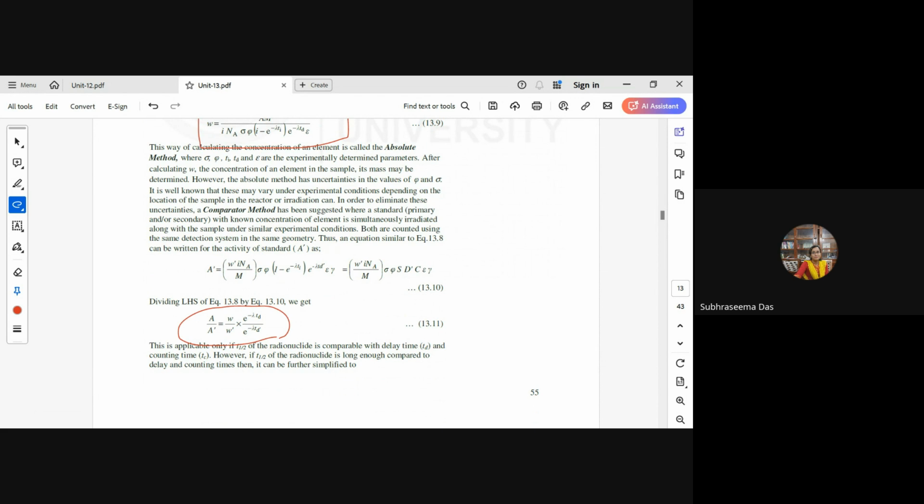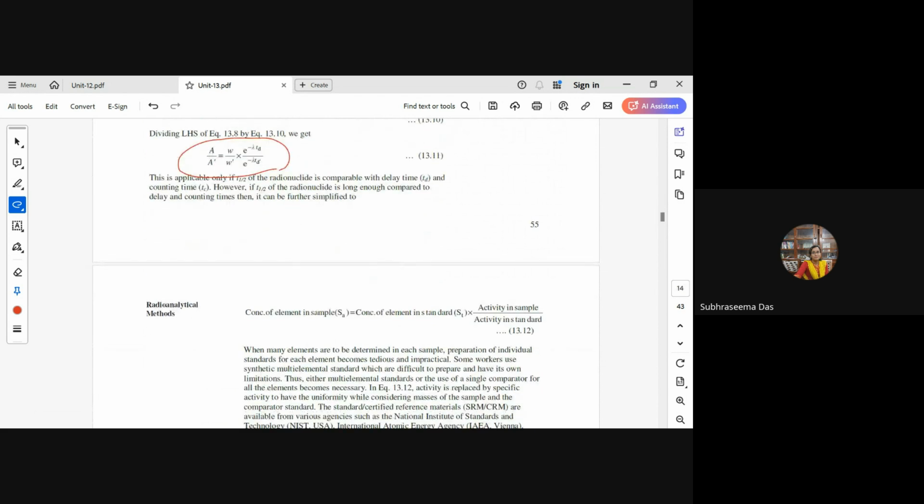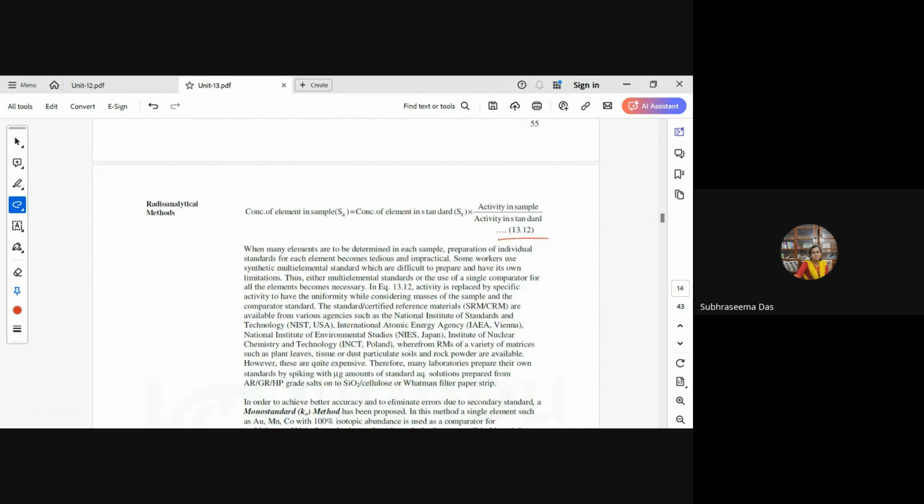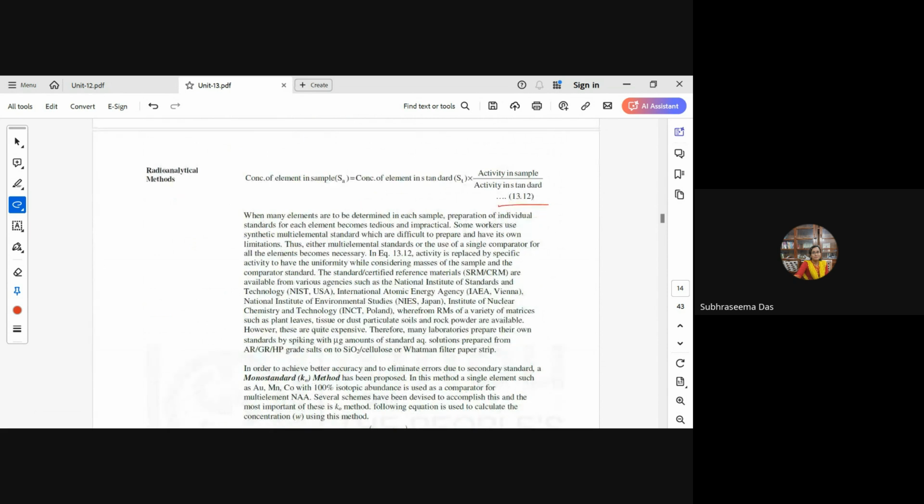However, if the t half is long enough compared to td and tc, then it is further simplified to equation 13.12, where many elements can be determined using this formula. Now in equation 13.12, the activity is replaced by specific activity to have uniformity while considering the sample and